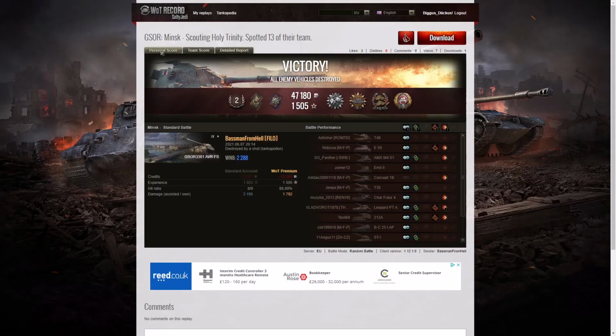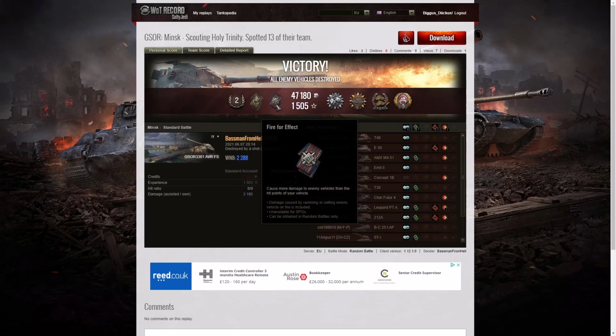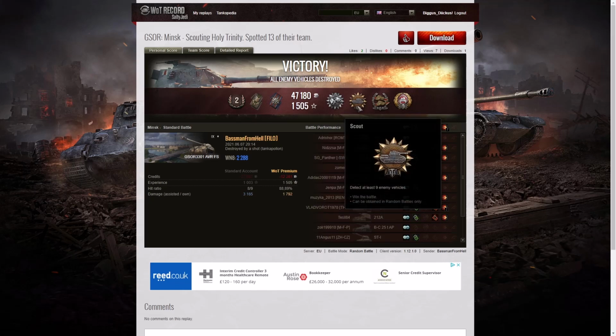Let's have a look at the second game. That was the one on Minsk, and in the Minsk game, look at this, a second-class tanker, a little less than the last game, but he also got a spotter badge for spotting at least 1,000 hit points of damage, a fire for effect for doing more damage than the hit points of his own vehicle, yet another patrol duty, and this time because he did that mad run straight down the centre to the bridge and then run across